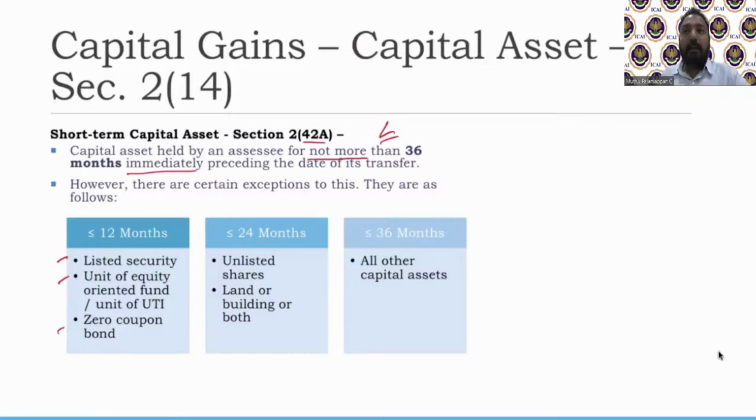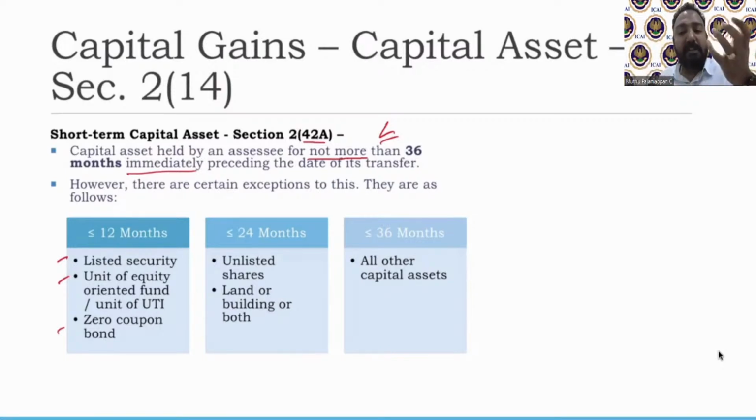What is a listed security? These days, I think all of you know, whatever is listed on the stock exchange. Recently, all of you would be ordering food on Zomato, Swiggy. Zomato is a recently listed company. Similarly, another common company, Nykaa, a cosmetics company. Shares of Nykaa were recently listed on the stock exchange. So these are all now listed on the stock exchange.